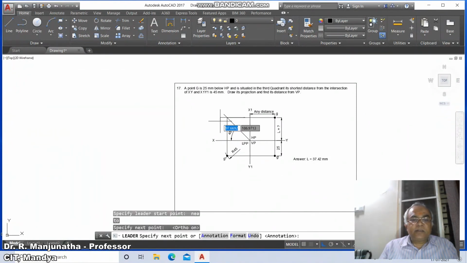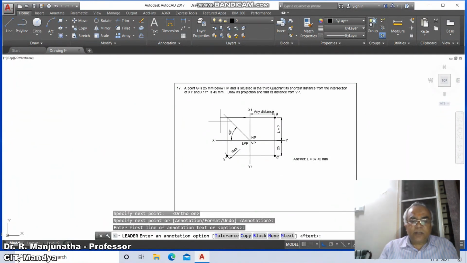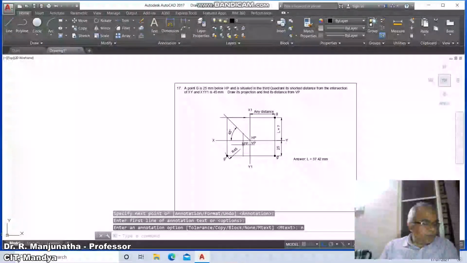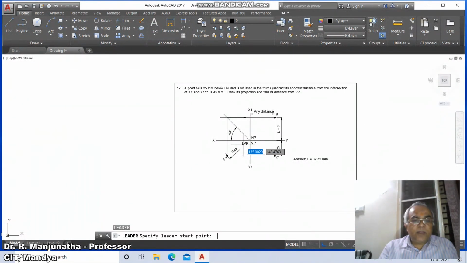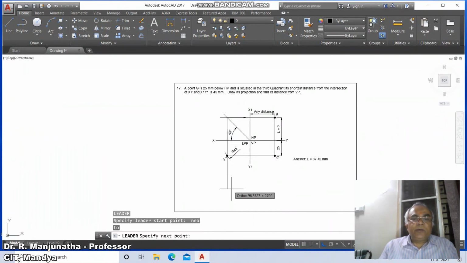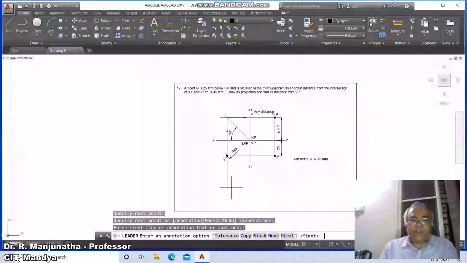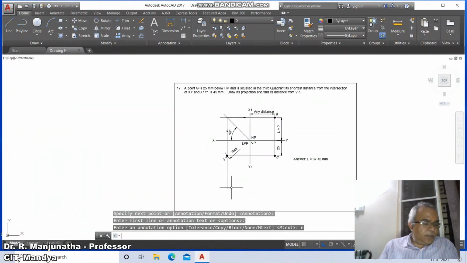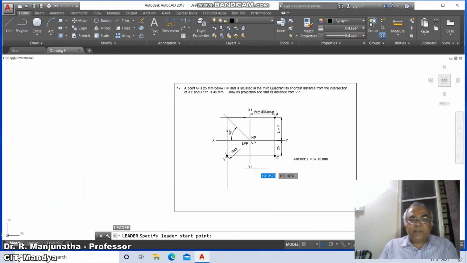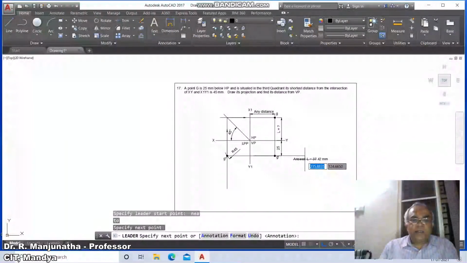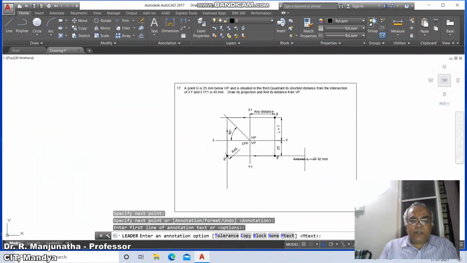You drag this, annotation option none. Then go to leader again, go to nearest, you click on this, annotation option none, then again leader, select this nearest point on this and drag it, annotation option none.